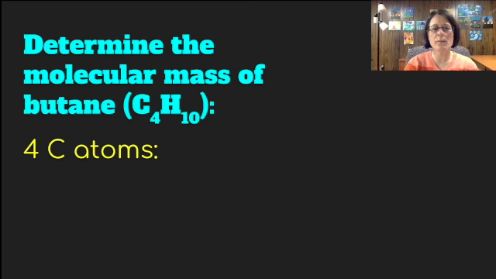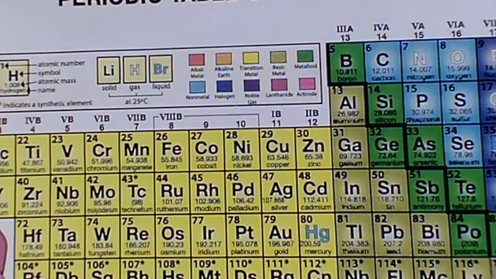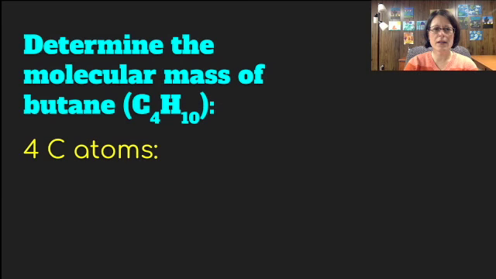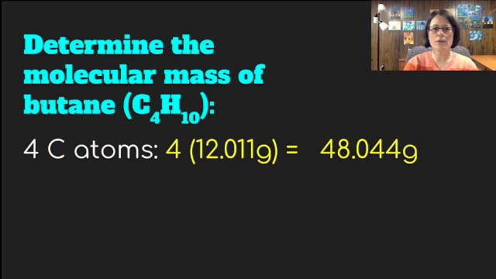So, an example would be determine the molecular mass of butane. We see that butane has a 4 after the carbon, so it has 4 carbon atoms. Now let me switch over to the periodic table. We see over here on the periodic table that its atomic mass is 12.011. So, what we do is we multiply 4, because there are 4 atoms, times 12.011 grams, and we get